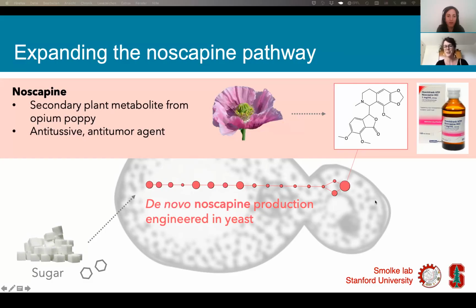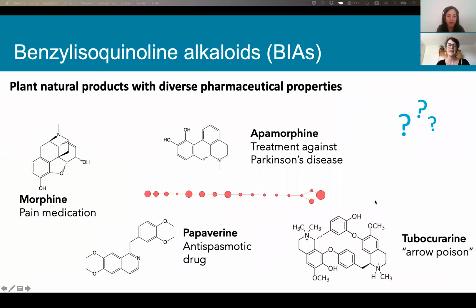So they managed to create this yeast strain to produce noscapine. And then this was the part where I went to their lab and I started to work with them. And now one very interesting thing about this class of compounds, the class is called, oh,